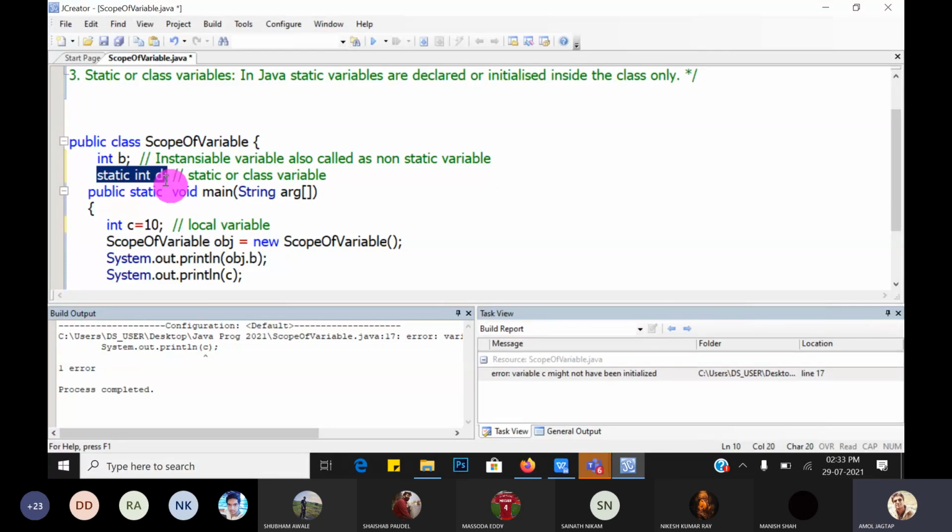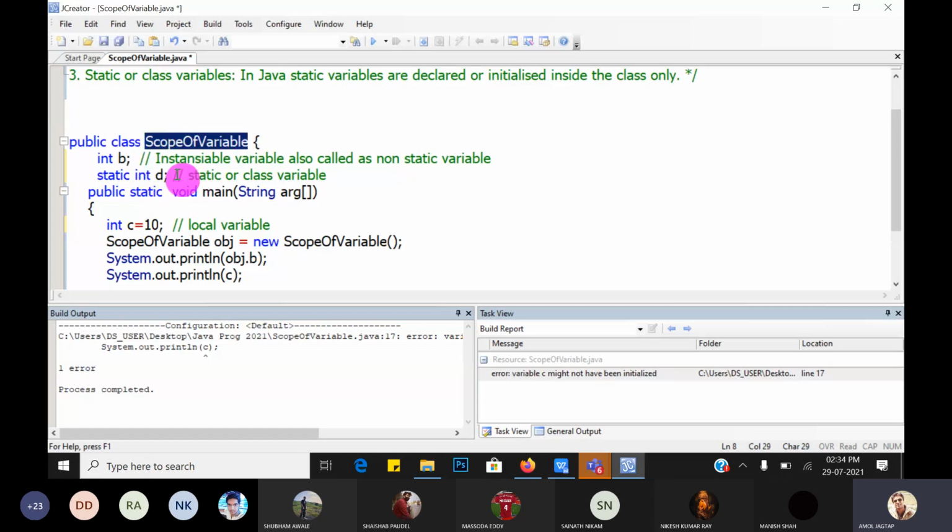Now, static variables. Static variables are accessed using the class name because a static variable is common to the whole class. That's why they are also called class variables. And we can access class variables using the name of the class.